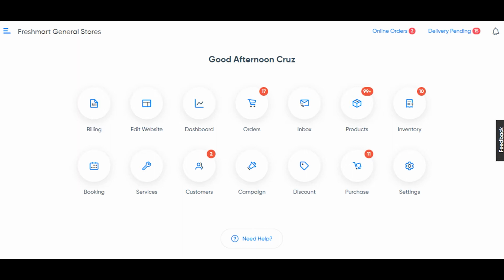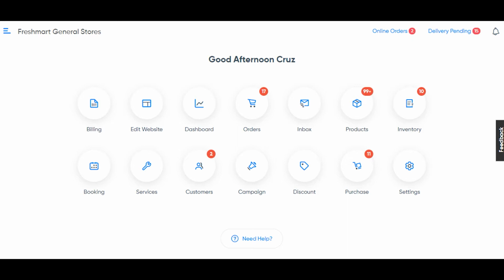Whenever you're selling goods to your customers, there may be times when your product stockpile may reach a low limit. Hence, it becomes necessary that you place an order for a new batch of products from your suppliers. Hence, I'll show you how to place a purchase order from your suppliers.